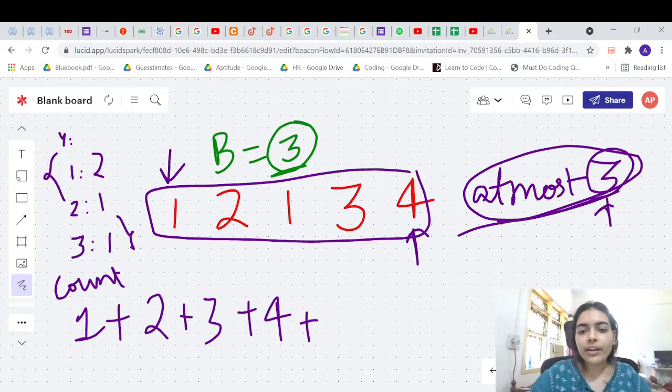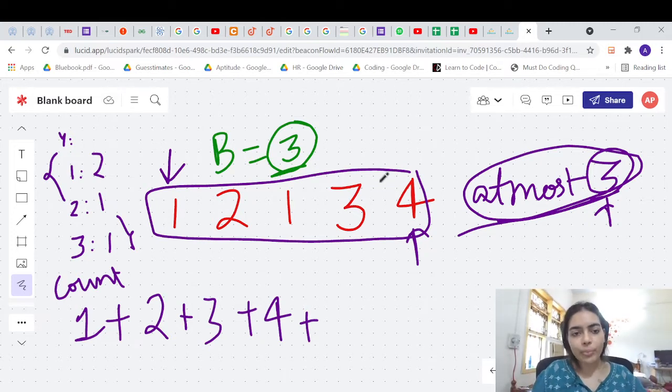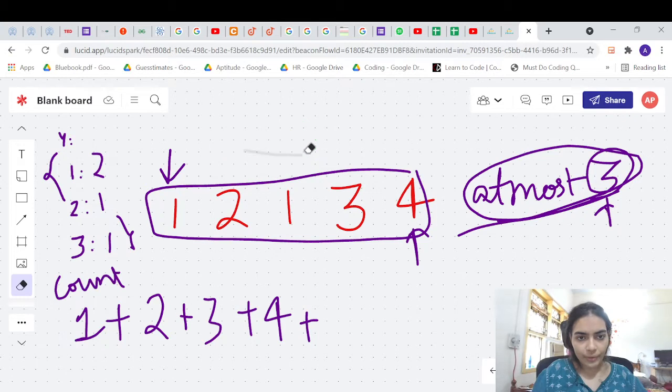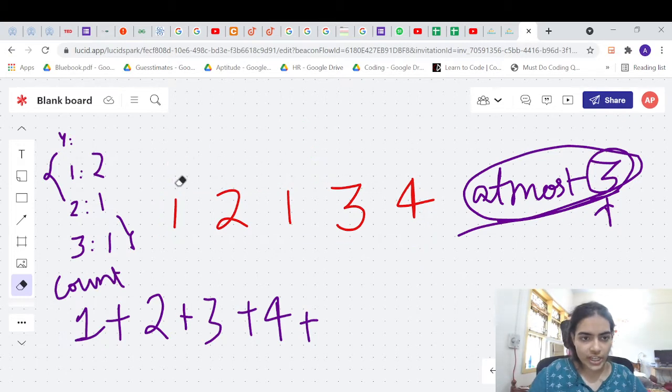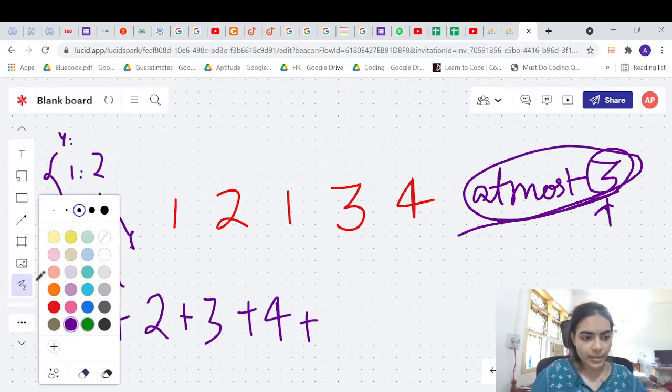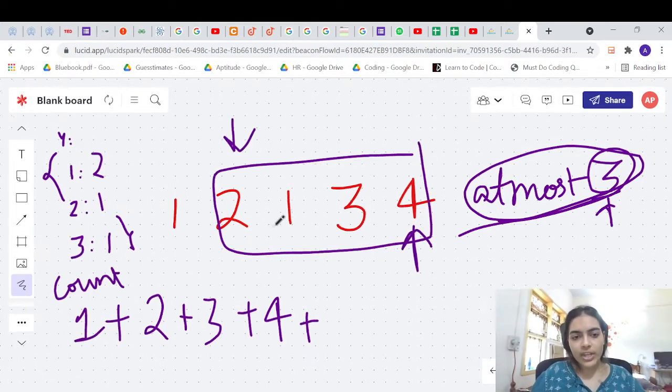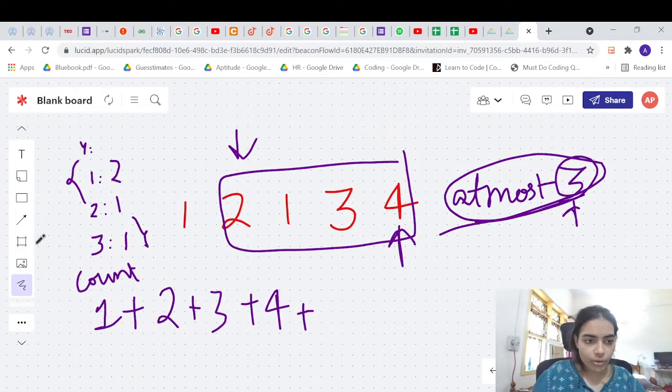So how do you find out? There are valid subarrays which are ending at 4, but there are not any valid subarrays which are starting at this point. So you will have to change the starting point. So let me change the starting point. Now I will change my starting point for the very first time, because I can have subarrays ending here, but I need to change the starting point for that. So now when you do this, this is your map.